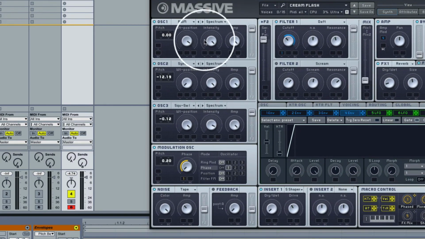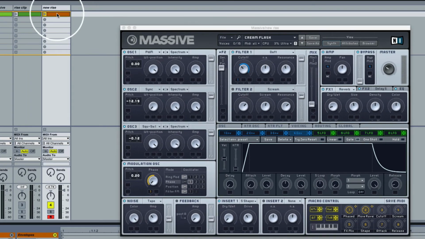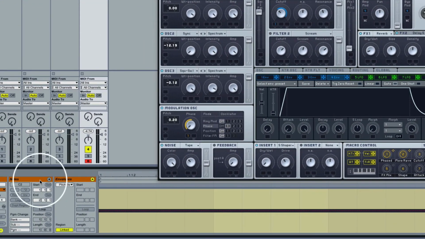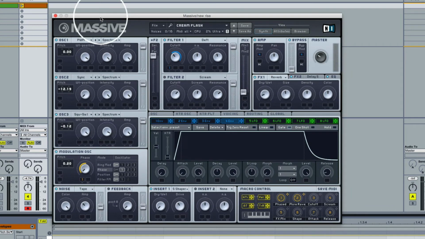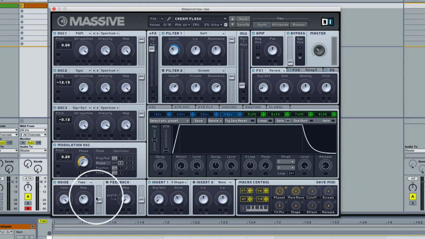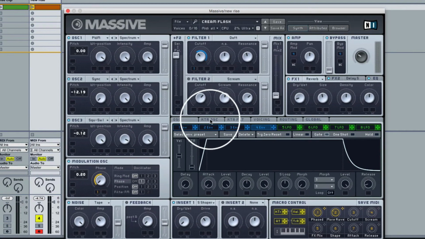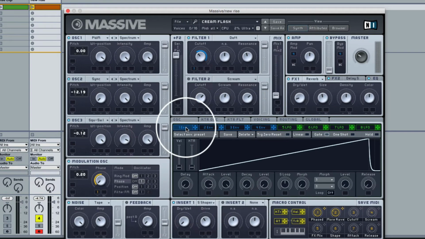In fact, let's go ahead and shift that note down a little bit more. So we're going to go in here, grab it, put it down. So now, there it is. All right. So what I want to do is actually build that pitch envelope within Massive. The way I'm going to do this is we're going to start with our cutoff envelope. We're going to just grab that and drop it in the pitch value of each one of these